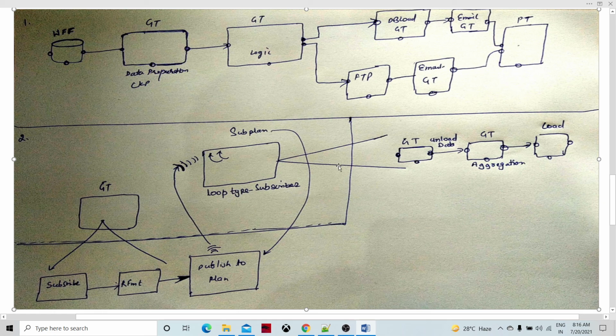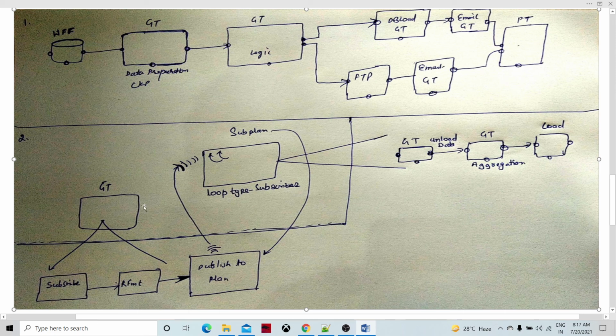So this is how we configure the subscriber loop. Whenever we execute this plan, first of all both graph tasks come into execution mode, and the subplan starts whenever it receives the data from the graph task.